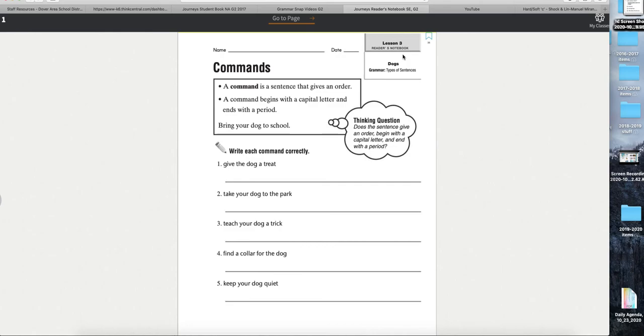What else am I missing in that sentence, Jamie? An exclamation. Did I say, find a collar for the dog? Nope, I didn't show any excitement, did I? I like to say it that way, but I just said, find a collar for the dog. So not an exclamation point, just a period, right. Now if I was saying it with excitement, then I would put an exclamation point. But since I'm just telling you to do this, find a collar for the dog. Period works for that one. Make sure that the only capital letter is the capital letter F on find.